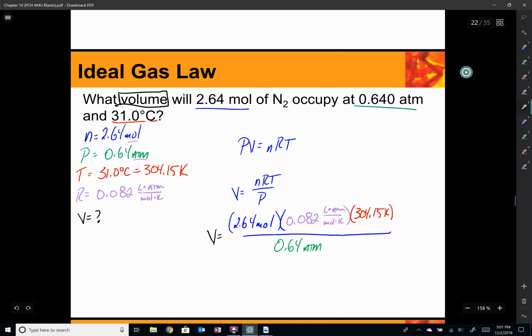Plug and chug, right? Plug everything into your calculator. Volume is equal to about 103